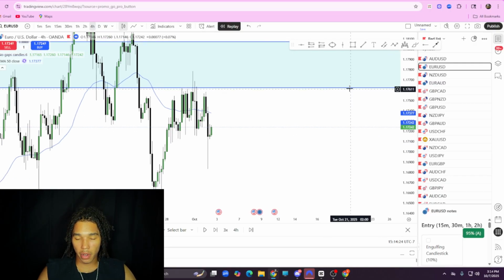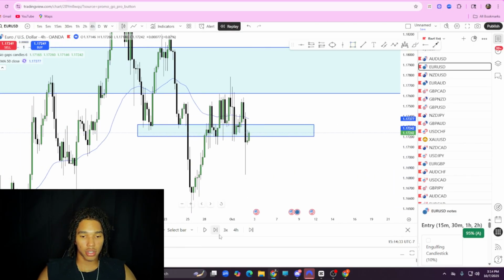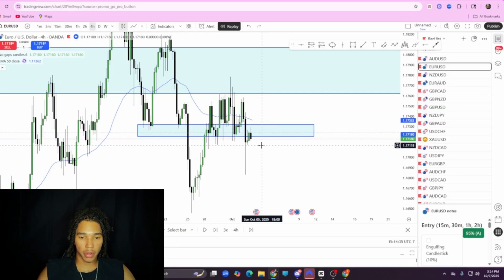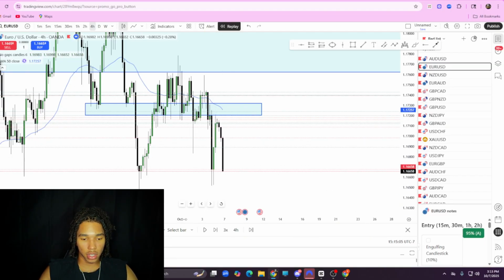So now I'm going to mark this neckline right here. Mark the neckline of this head and shoulders on the 4 hour. We're going to do something like this. So we're at this area of interest on the 4 hour. Now we want to reject the neckline. So we want to wait till we break below and then come back and retest this neckline. We broke below and now we're retesting it. So this is when